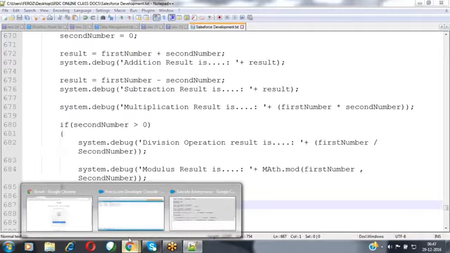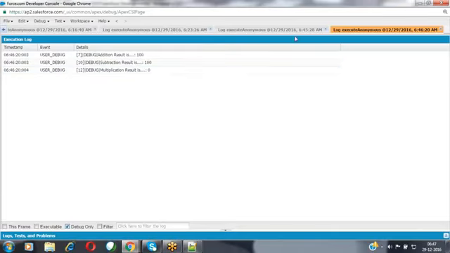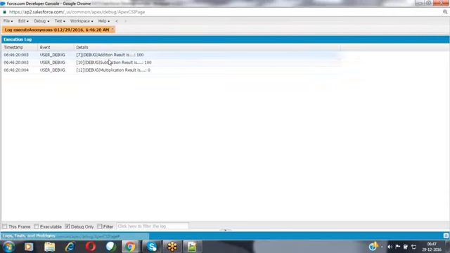Now, the next one here. For example, come to this case. Now, the user has entered some values here, like the first number and the second number. It may be 0, it may be anything, whatever. The user has entered two input values. But how many values is he expecting as a result? 5 values he is expecting as a result. What are those 5 values? Addition operation result, subtraction operation result, multiplication operation result, division operation result, and the remainder operation result also here. All these 5 values he is expecting as a result. But how many values did he get as a result? 3 values only here.